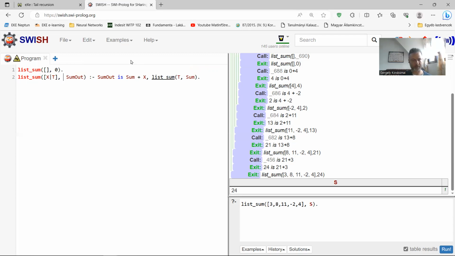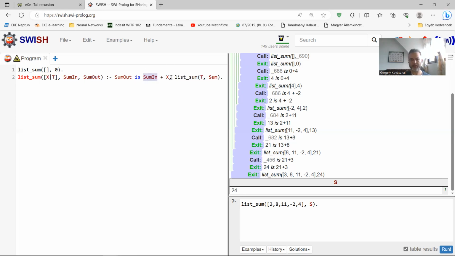It needs a sum parameter which works as an input. In this input parameter, we are going to pass the partial sum we calculated so far. And in the other sum parameter, the predicate returns the final result. So when this rule is called, we have some value in the sum in parameter, which we should use at this point.